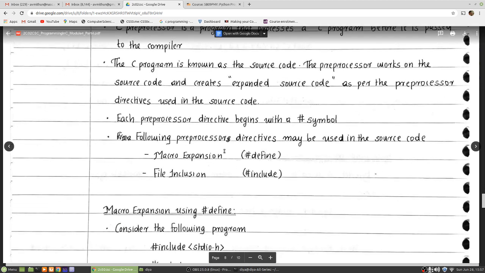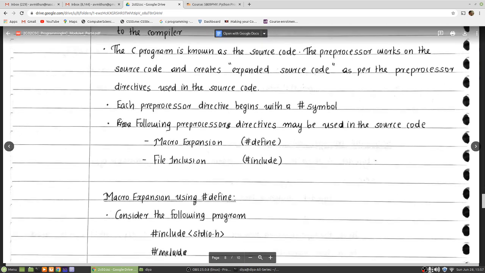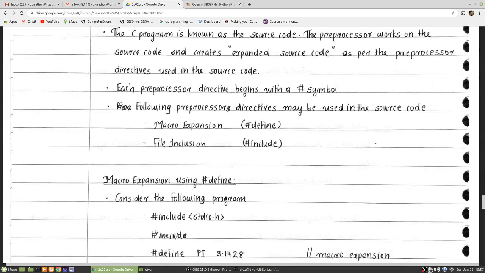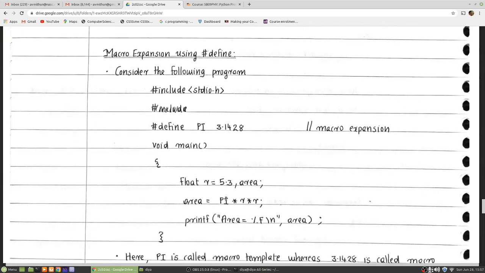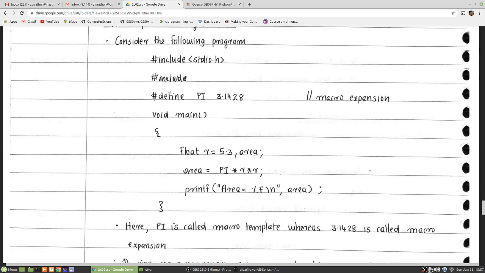We will take up the first preprocessor directive, that is macro expansion, using hash define. Let's see what it means. This is a simple program, hash include stdio.h. We will keep it aside now, but we will talk about it later. The second one, hash define PI 3.1428. This is an example of the macro expansion preprocessor directive.